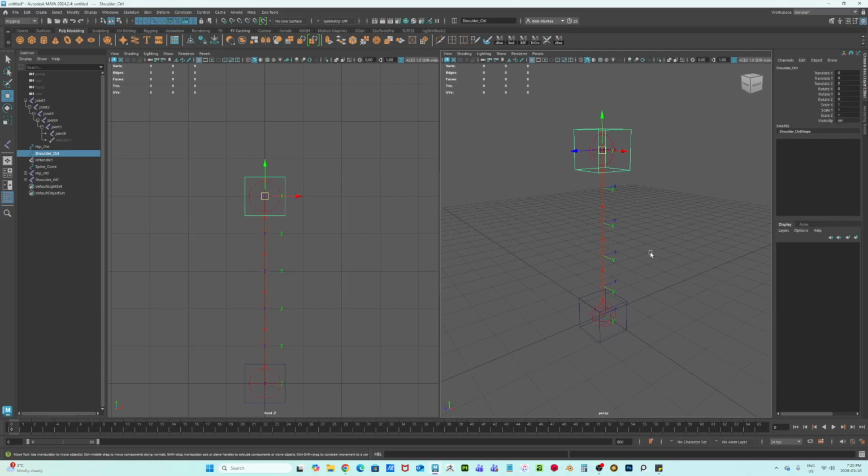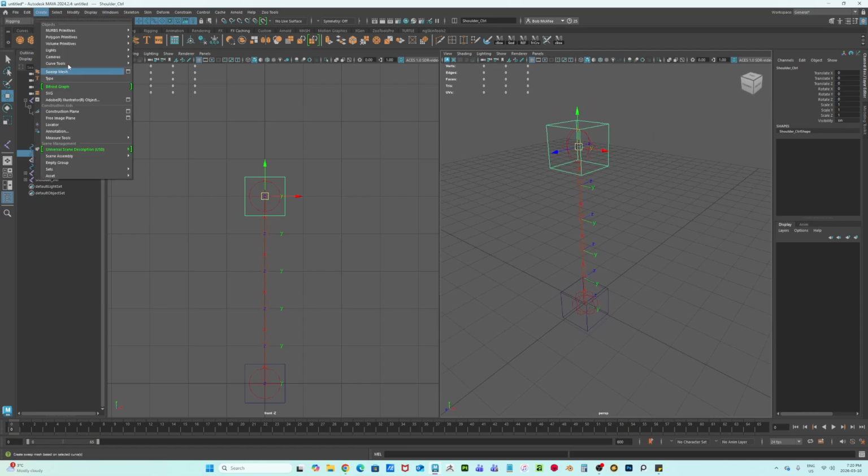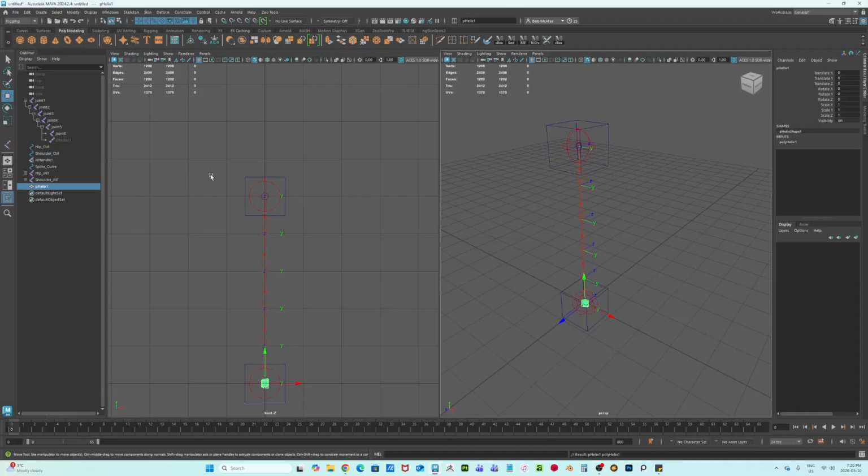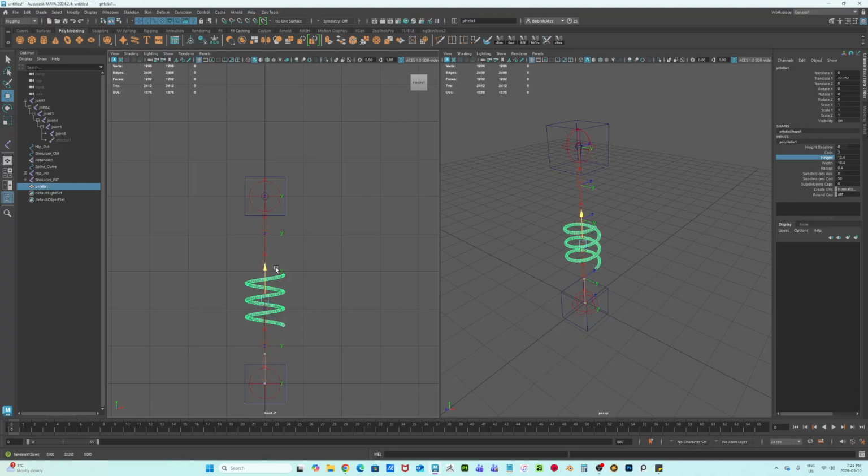And then, just for fun, to take this a notch further, maybe I want to do a slinky. I've been having a slinky kind of fetish lately. If I go in here to create polygons and I go to my helix, and I take the helix, I'm just going to go to the options box here, and let's take the width. We'll make it pretty big, just right on these squares here, just for fun. And if I take the height and I increase that, I suspect if I put this somewhere kind of in the middle-ish,